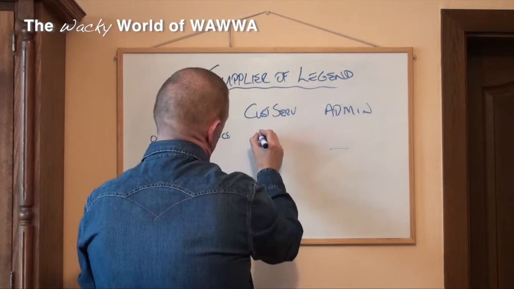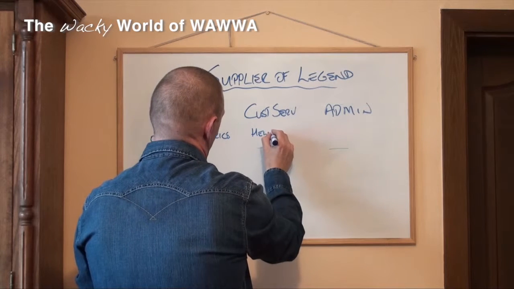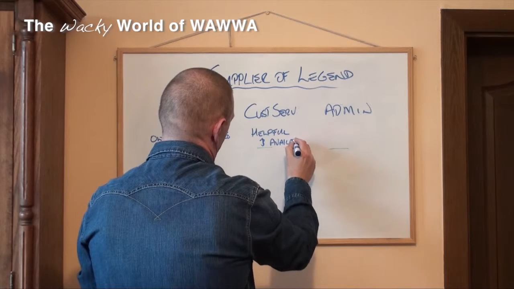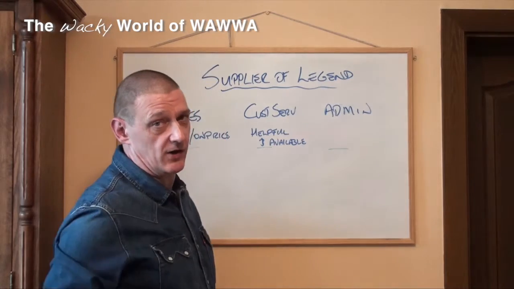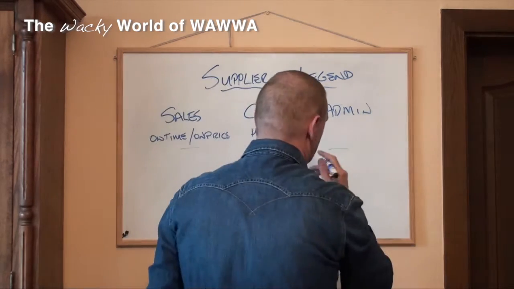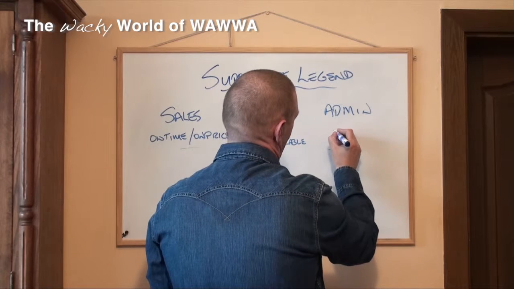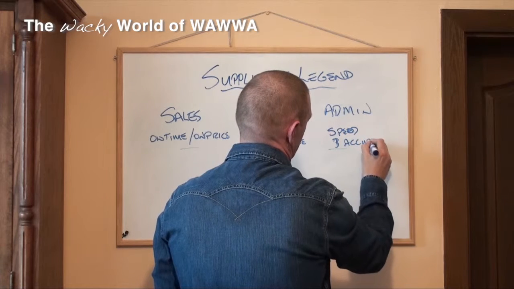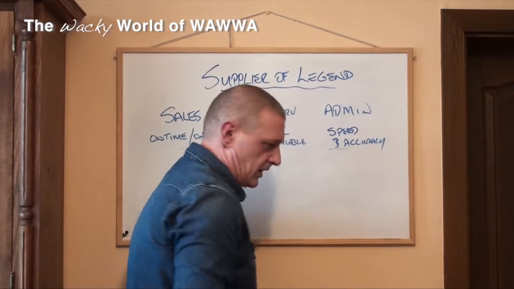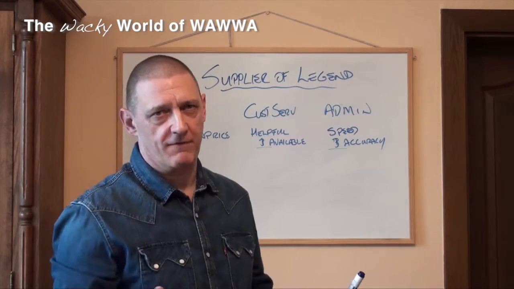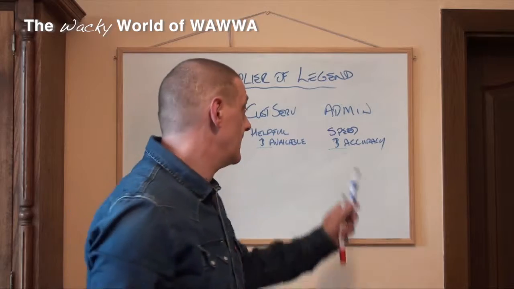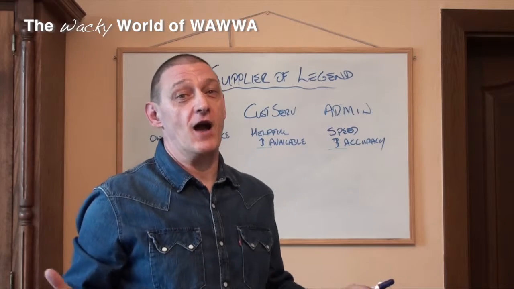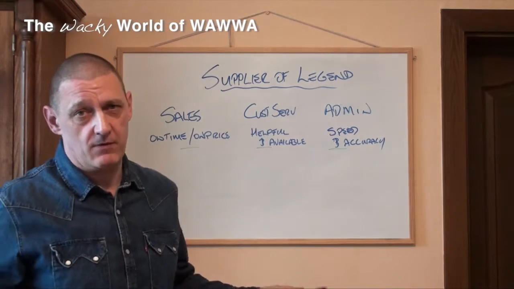For customer service, let's say we will be helpful and available. Because it doesn't matter how good you are, customer service, if I can't get hold of you, then there's no good to me. And admin, let's talk about speed and accuracy. So it might be that we will end the day with 0 carried forward, which is basically no work left at the end of the day, and accuracy will be 100% error-free. Obviously they are great ideals, but if you don't aim high, then where are you aiming at all?